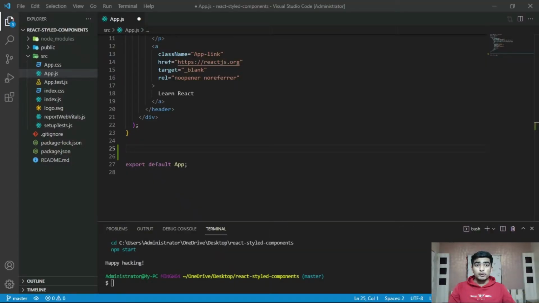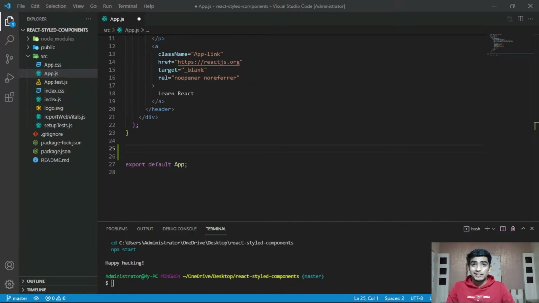Styled-components is a library built for React and React Native developers. It allows you to do component-based styling without creating CSS files. Mark my words, without creating CSS files. It works on a CSS-in-JS technique, which allows you to use JavaScript in styling. It works as a bridge between component and styling, which offers numerous features.